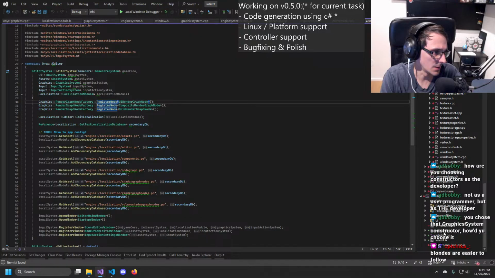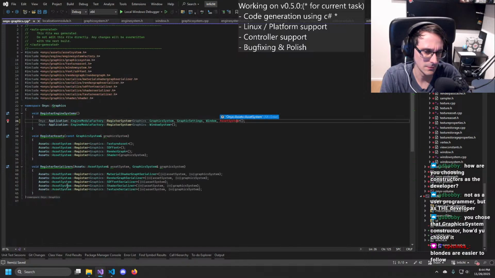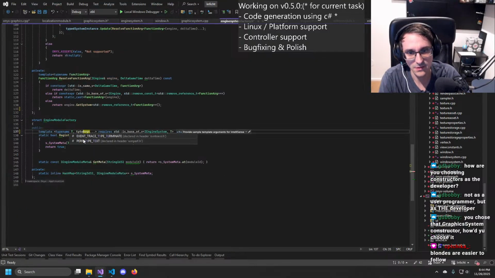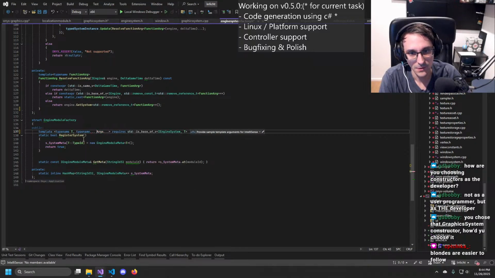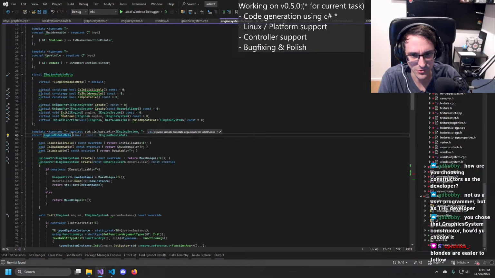I think I like it more. I don't know. So it would be this, and then here that gets a type name. Args. And then we do args here. Probably need to expand them. I'm not quite sure about that.